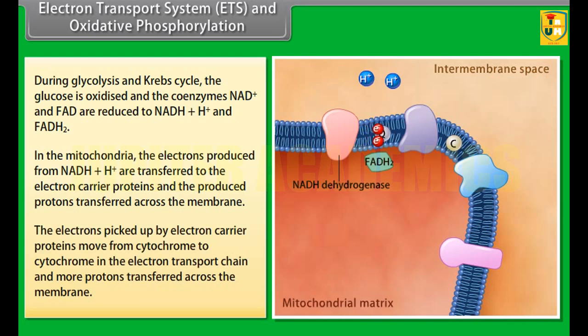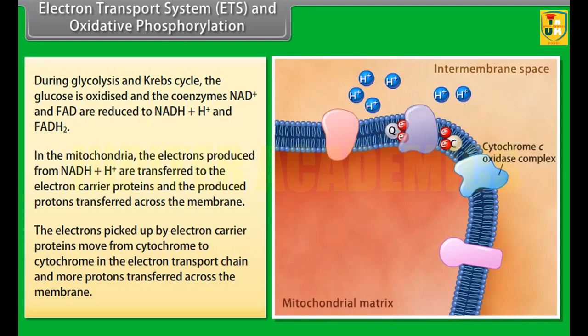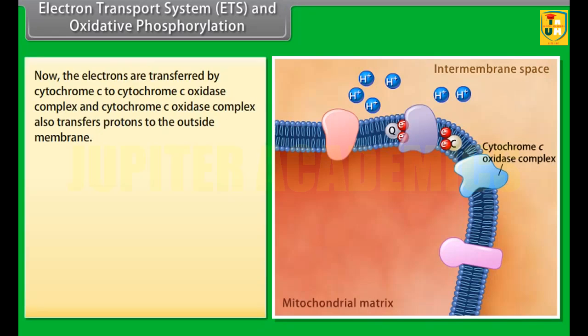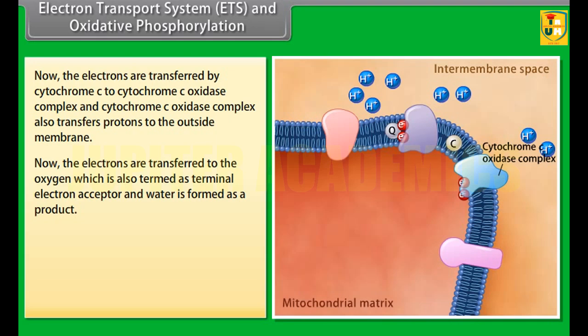The electrons picked up by the electron carrier proteins move from cytochrome to cytochrome in the electron transport chain, and more protons are transferred across the membrane. Now the electrons are transferred by cytochrome C to the cytochrome C oxidase complex, which also transfers protons to the outside of the membrane. Now the electrons are transferred to oxygen, which is also termed the terminal electron acceptor, and water is formed